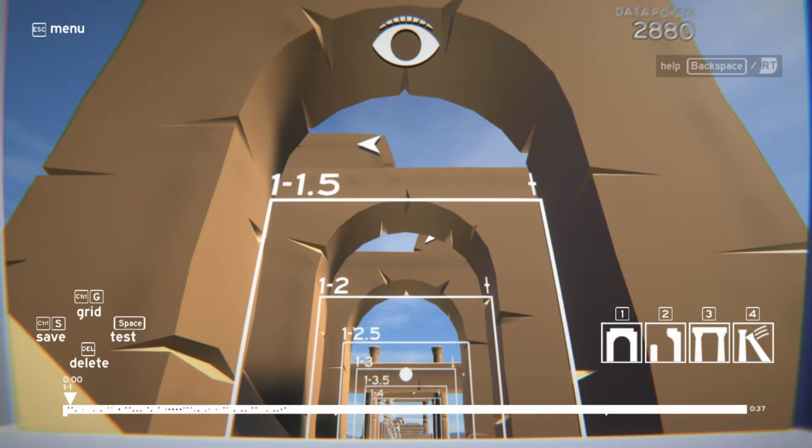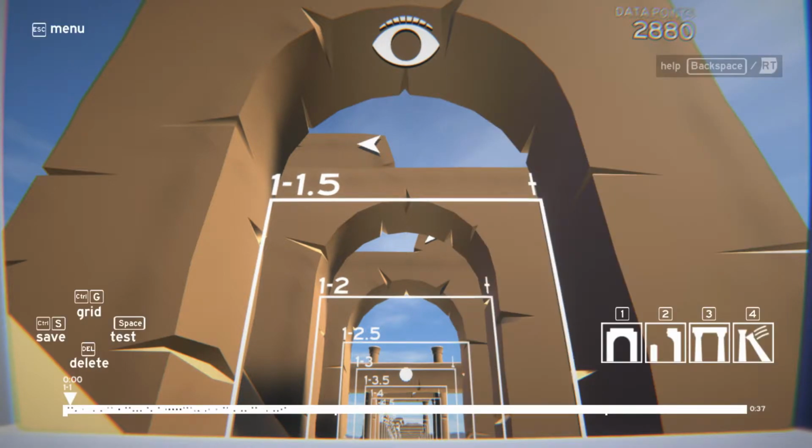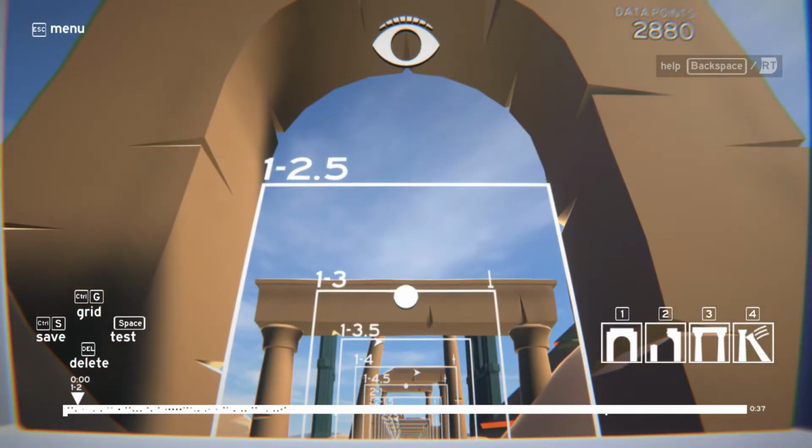Put your camera where it should be, like what I did right now. Put it where it should be and hold Shift and press B. And that's here as well. If you look fourth from the bottom, you can see set current position as first beat, Shift B, and that'll reset everything and change the position where it's located, right? So with that in mind, let's start playing with